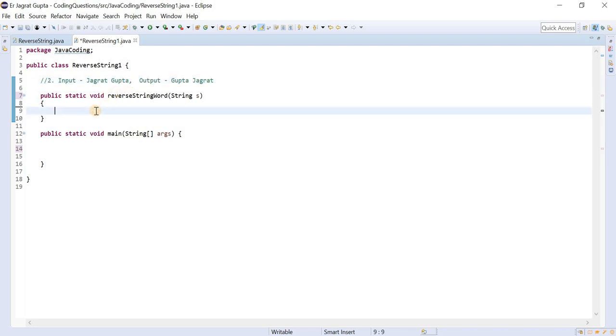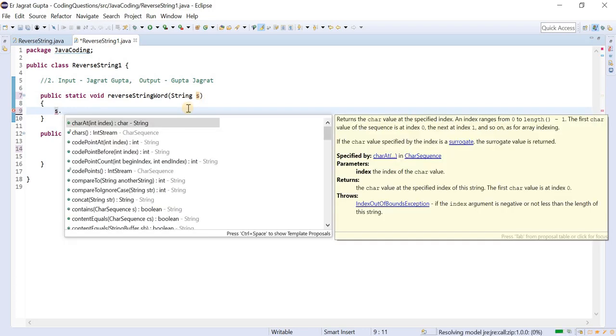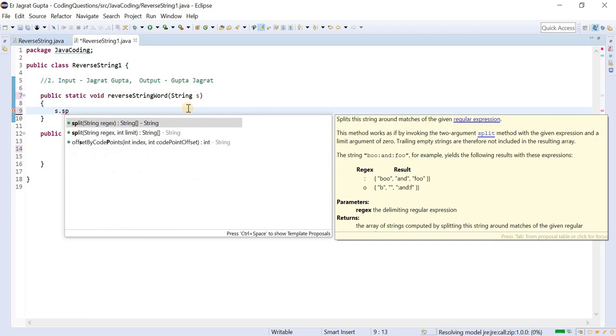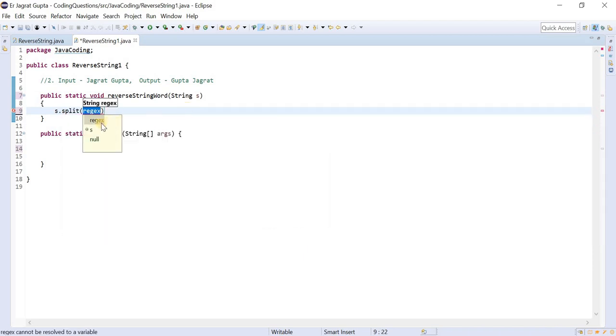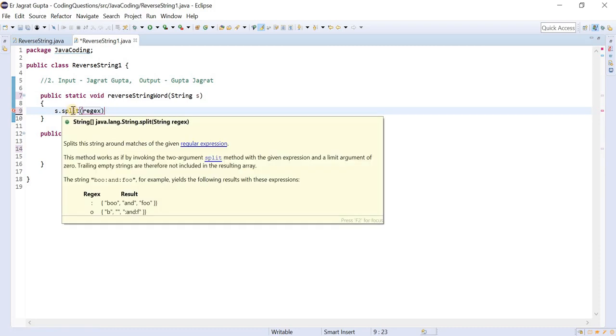So how can we do this? We have this string, and with the help of this string, we can use this split method. This is a new concept. Let me show you what this concept actually does. Let me hover the mouse.